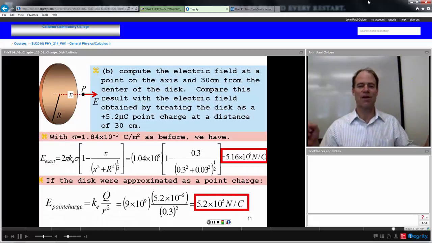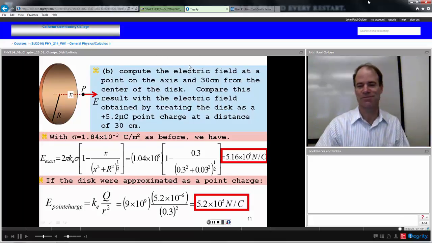So as we get far away, it looks very much like a point charge, and we can't distinguish this disk of charge from just a point of charge. Nice to know, because we can use that approximation for many things if we get far away from the object itself. This concludes our treatment of distributions of charge and the E field due to those in the second lecture of Chapter 23, and we'll